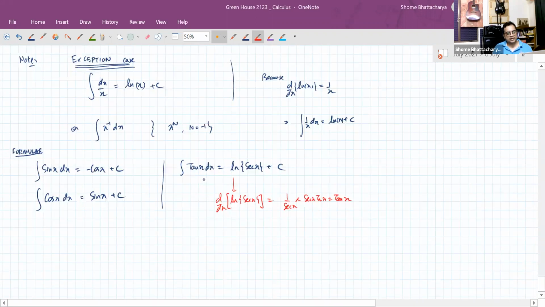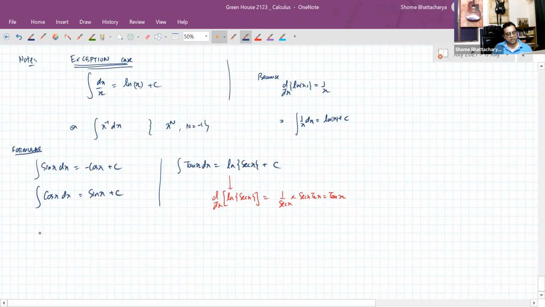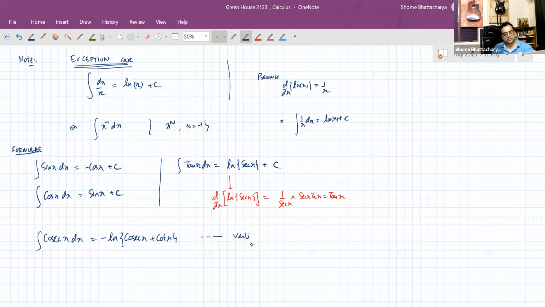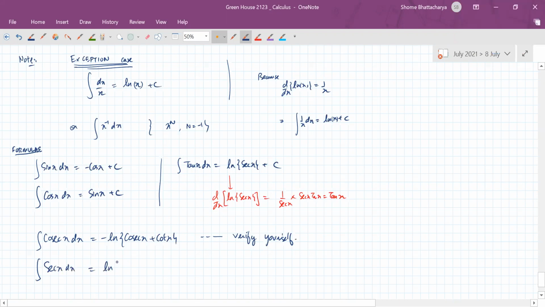Now, just like tan x's integration is a little bit lengthy, the other ones are too. Integration of cosec x is given by a rather lengthy formula, minus ln of cosec x plus cot x plus c. Okay. Now you can do this verification yourself later when you're revising. By chain rule application, you can see. Similarly, integration of sec x